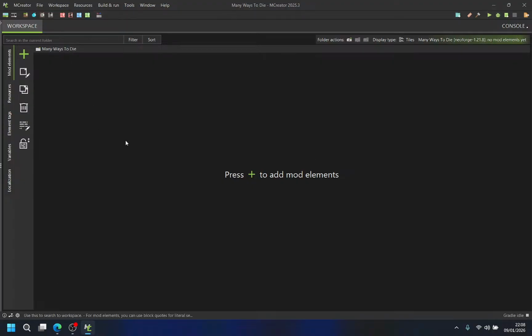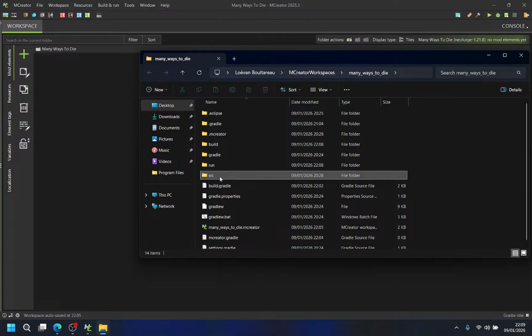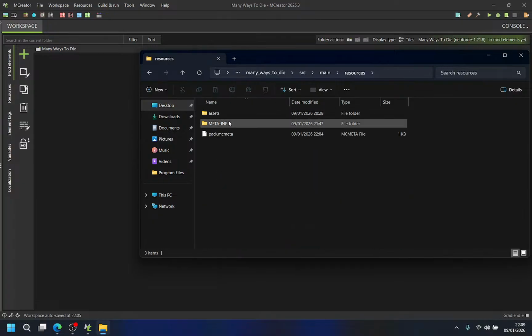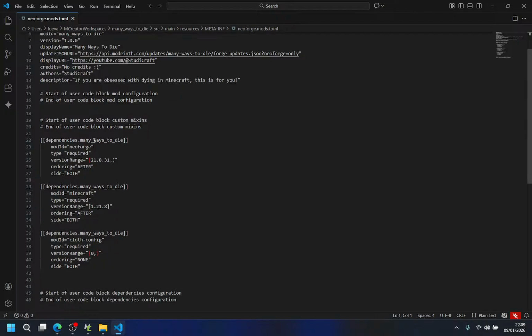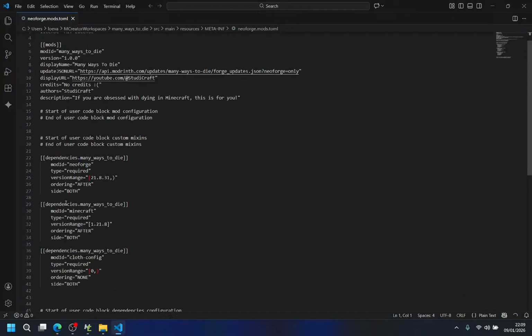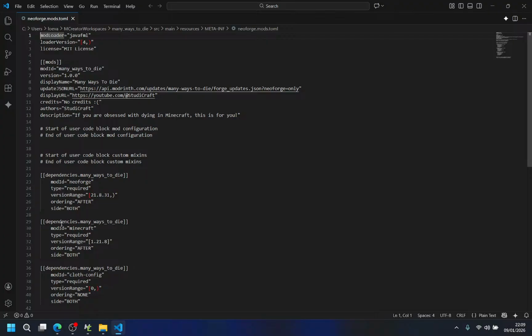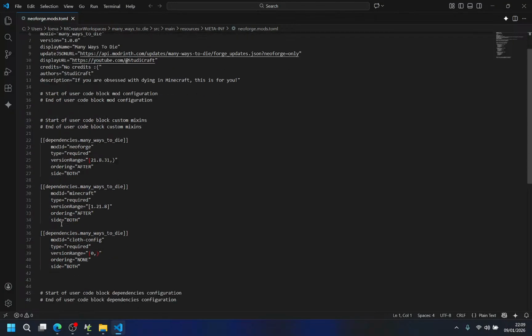Well, I just need to configure something. Main resources, meta. I'm getting used to it because I already modded on Fabric but never NeoForge, and I'm scared of it. It doesn't look the same. Actually, it feels smaller, and I kinda love it.